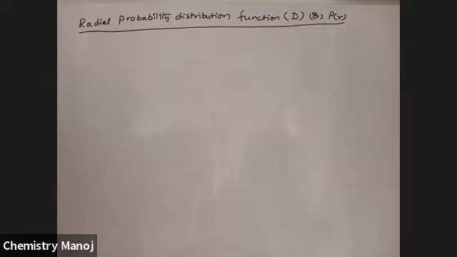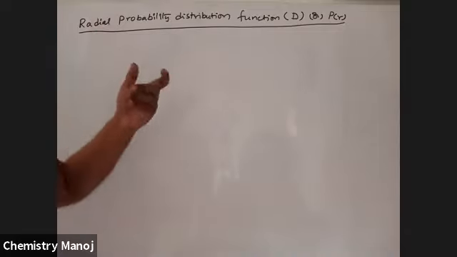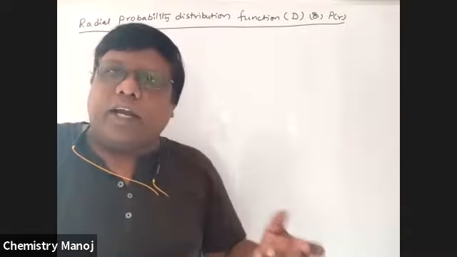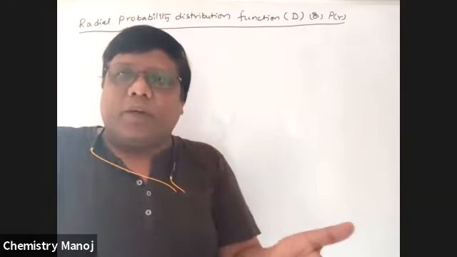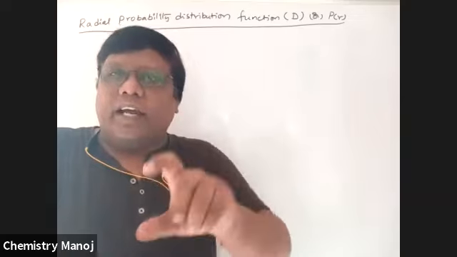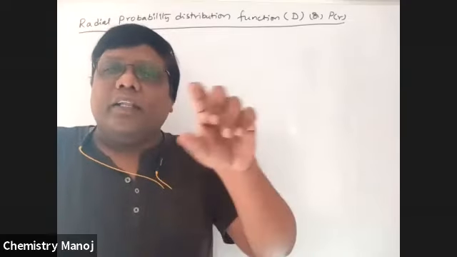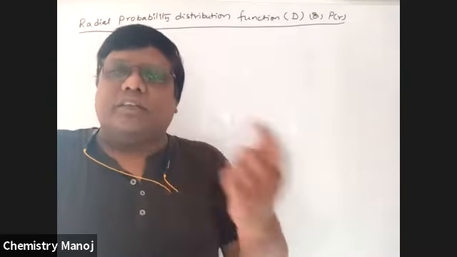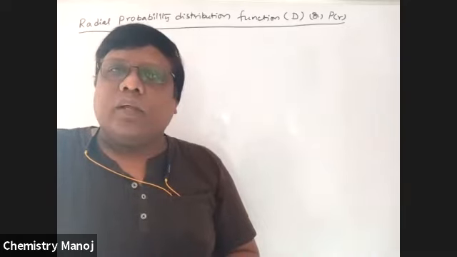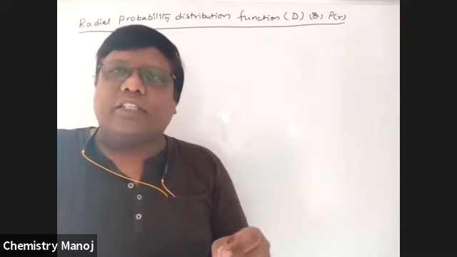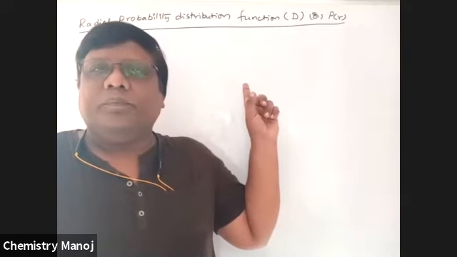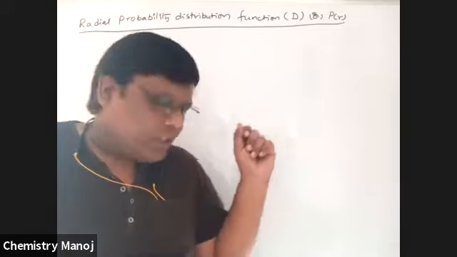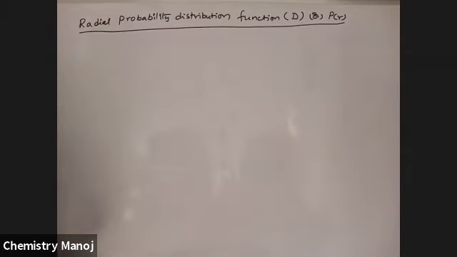So now I'm going to find out the radial probability, meaning the probability of finding an electron at a particular radius distance. That is just like in your previous case, where the red shaded volume is there. In that volume, I want to find out the psi-square value. So that is explained with respect to this function. That is the radial probability distribution function. See here.